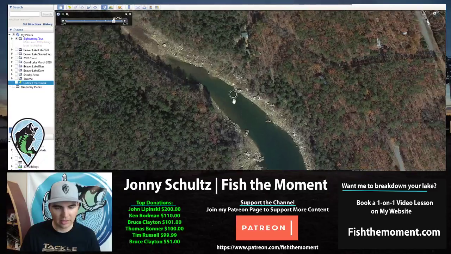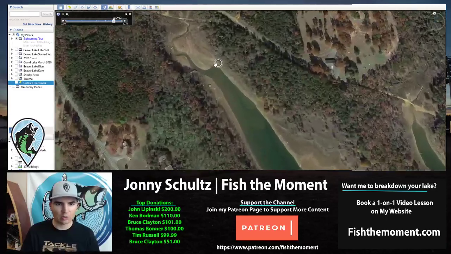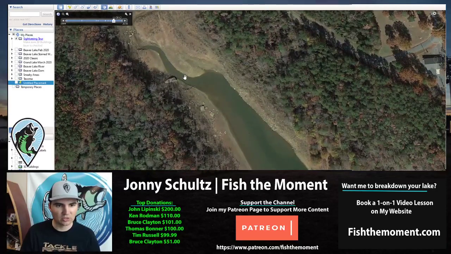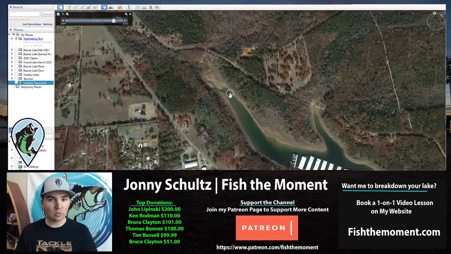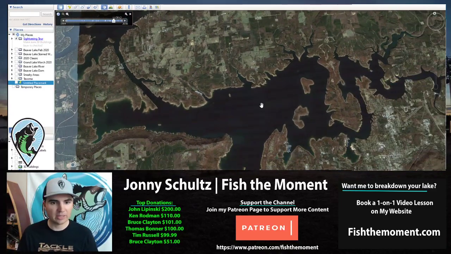There's a little bit here and there, and especially over here in Shiloh Creek, there was not near as much of that rock. Just a few isolated boulders here and there. And so that was the reason why I picked that creek, and it was because of what I found on Google Earth. Another example of finding a spot on Google Earth that helped me do well in the tournament is